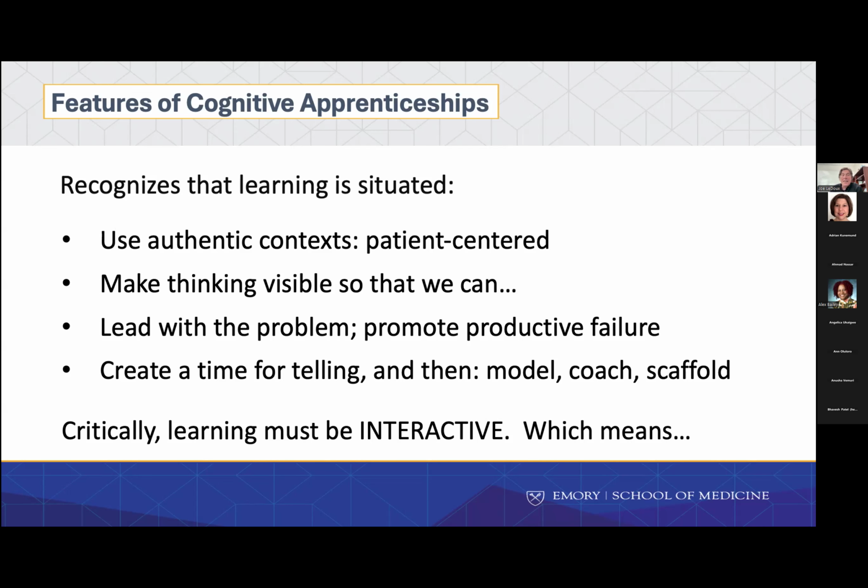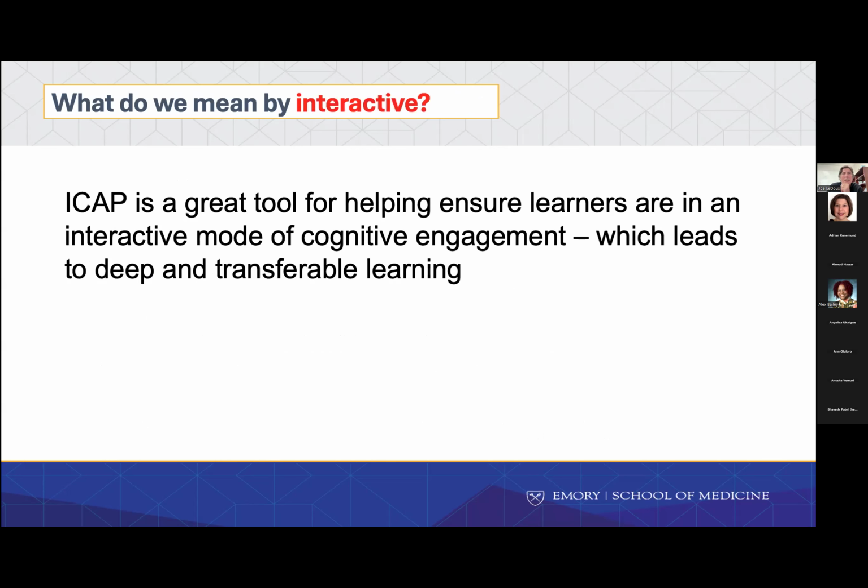And the third feature, so authentic problems, making thinking visible. The third critical component is to make it interactive. And so as opposed to active, I like the word interactive, and I'll explain what I mean by that in the next slide. So there's a learning scientist very well regarded in the field, Mickey Chi at Arizona State, who